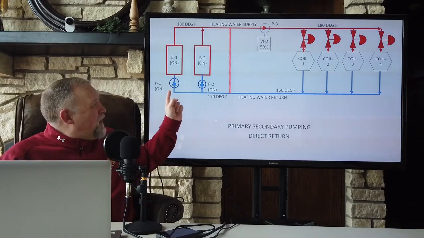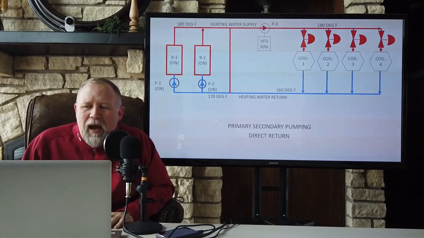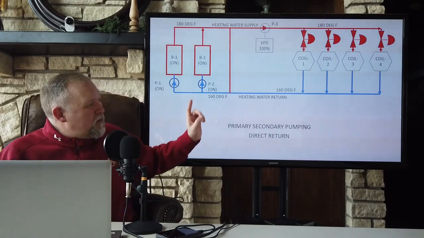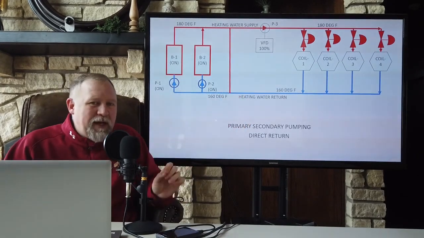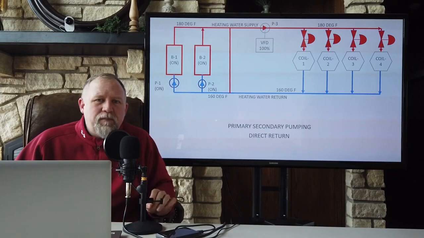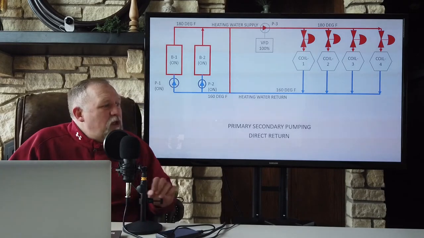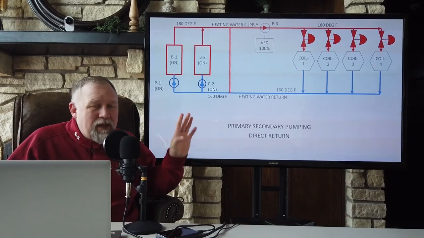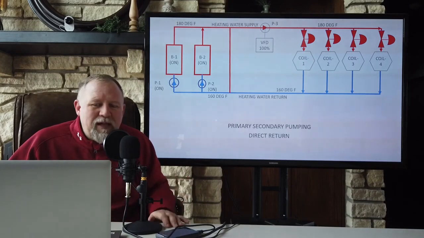In other words, these constant volume pumps are only on when the boiler is on. Now, I realize I drew a very, very simple system here, and most of the time, you're going to have more than 2 boilers, especially if you're using high efficiency boilers. Personal preference, and for your final project, I want you to use no less than 2 boilers. Consider using 3. See how it falls out with the whole total capacity versus individual capacity of the boilers that